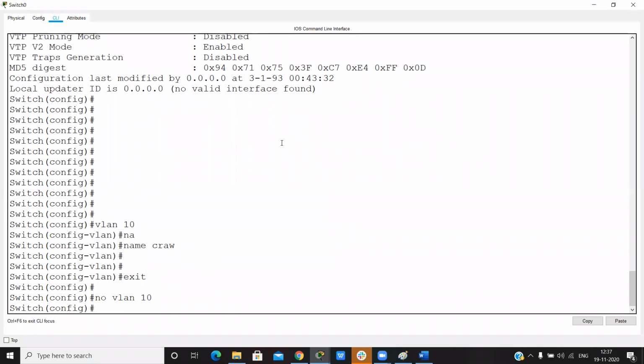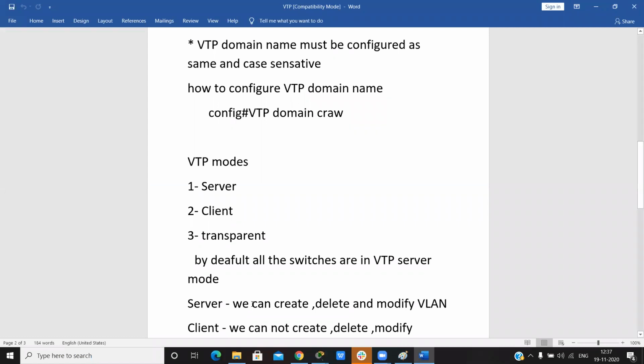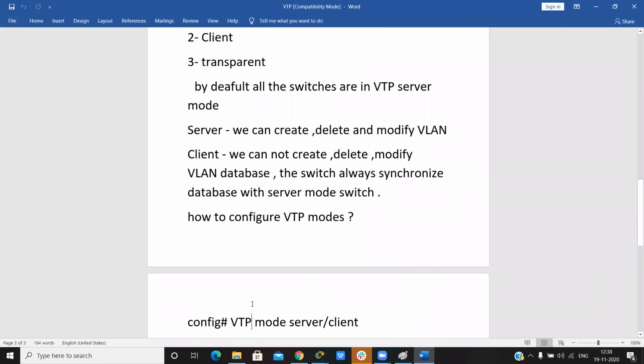This is server mode. But in client mode, we cannot create, delete, or modify the VLAN database, but the switch always synchronizes the database with the server mode switches.